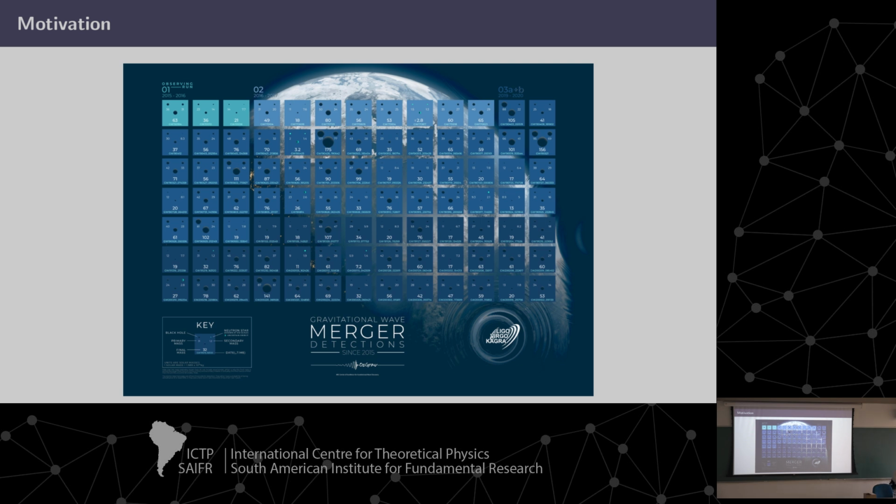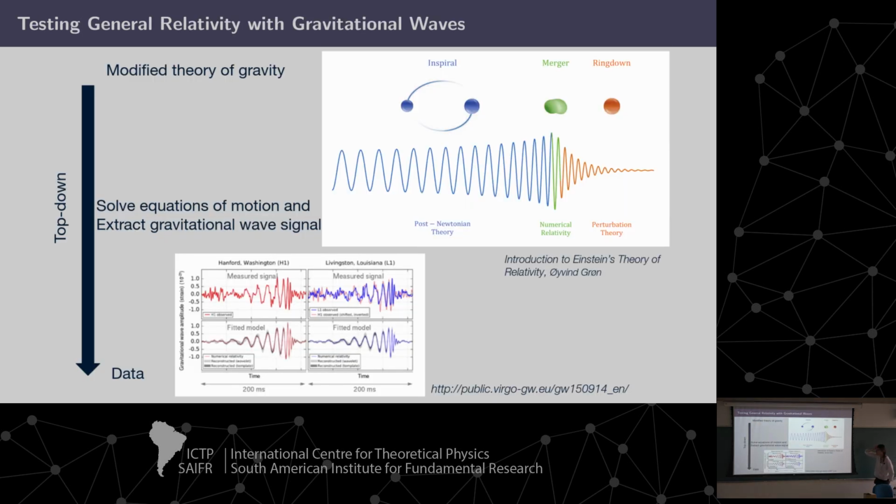What do we do? In all branches of physics, there are two ways we can test GR. The first one, which I think is probably the more intuitive, is the so-called top-down approach. You modify your theory of gravity, Einstein's theory, at the fundamental level, so at the level of the action. Then you derive the equations of motion, as usual, and then you want to